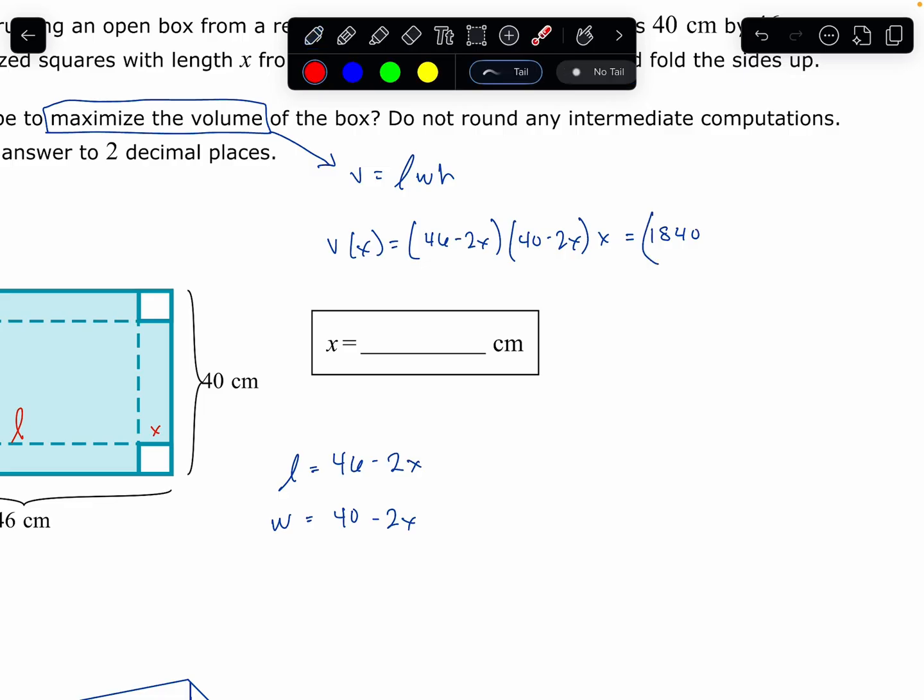And then 46 times negative 2, that's going to be equal to 92, so minus 92x, then minus 80x, then plus 4x squared, and then times x. And then if we clean this up, we're going to have